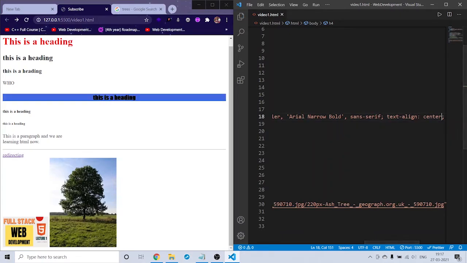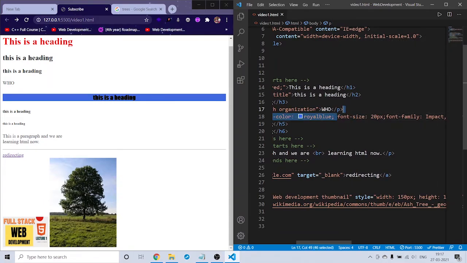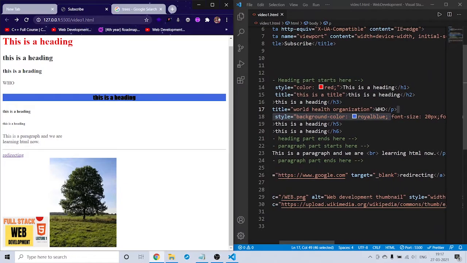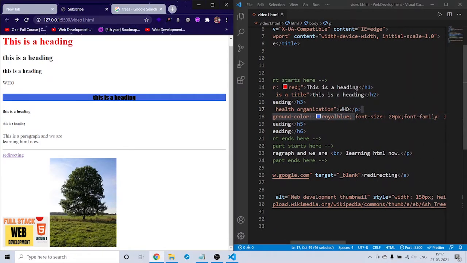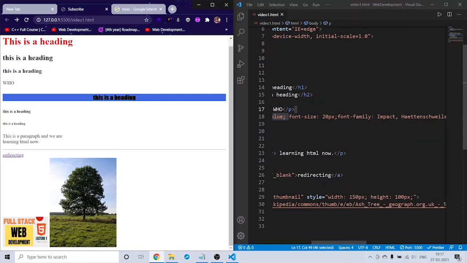See, we got the background as blue color. Font size is changed to 20 pixels here, whereas the h4 size must be small, but due to this 20 pixels the size got increased. And font family is Impact.